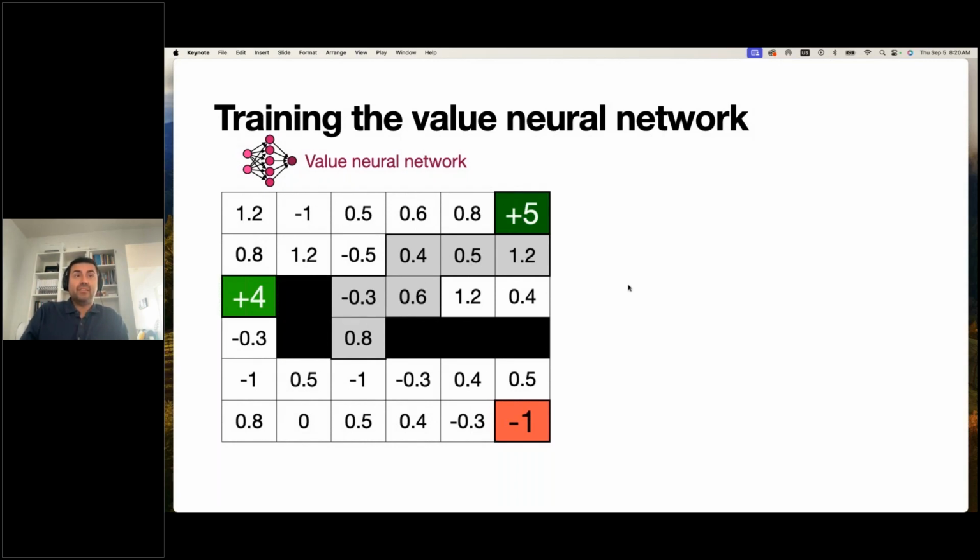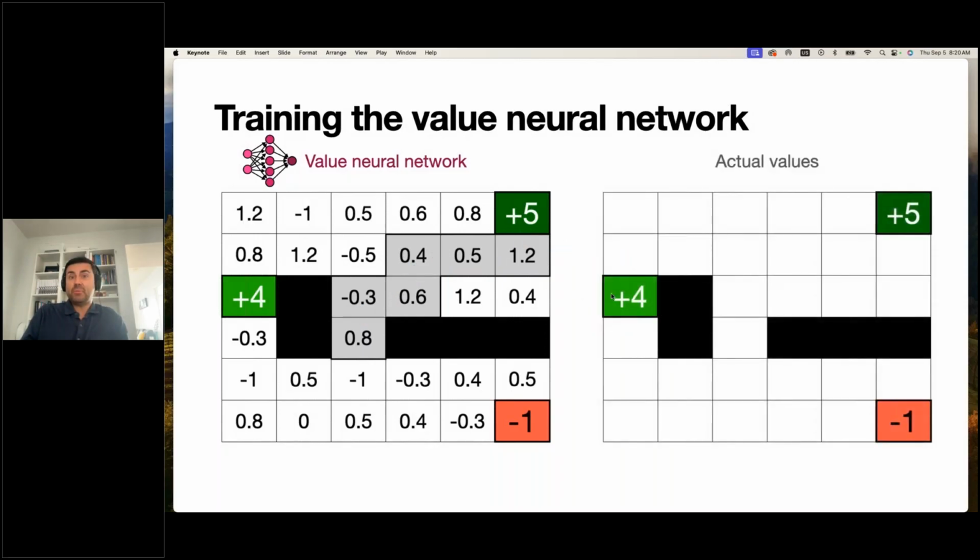How do I get this path? Using the policy neural network that I have, which is also not that great. I'm still training it at the same time, but I work with what I have. Now I look at what the actual values would be, because for that little path, I can actually calculate the values and backpropagate. Remember that if I get to a 5 here, I'm back in the grid example, but you can also imagine it with an LLM. And the values are 4, 3, 2, 1, 0, and -1.